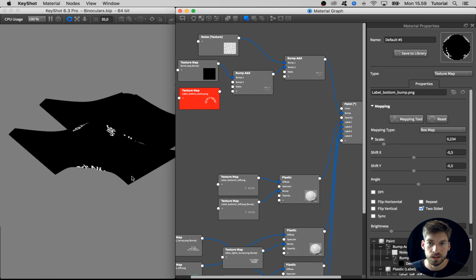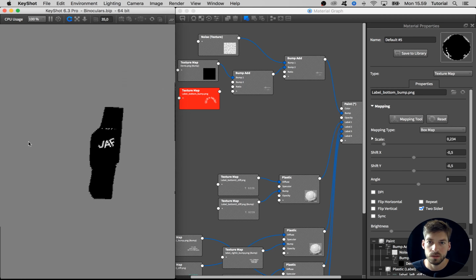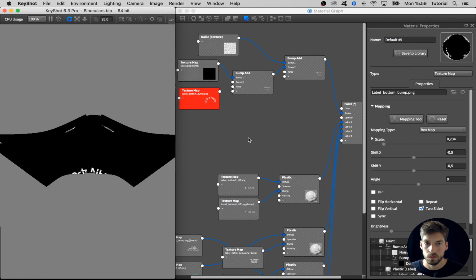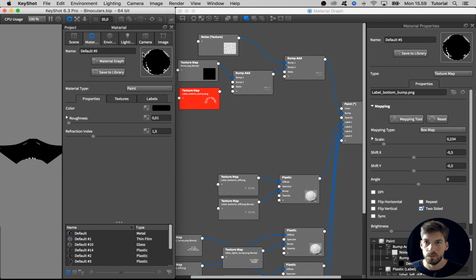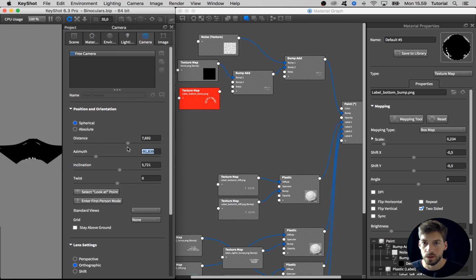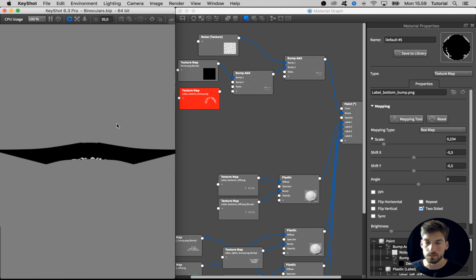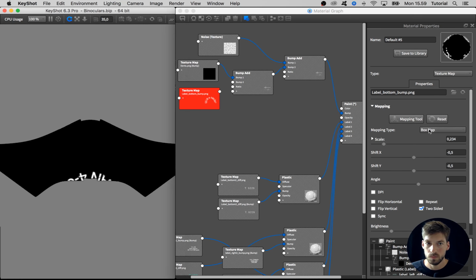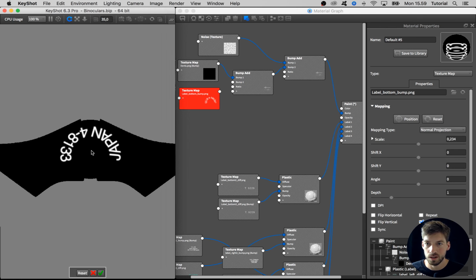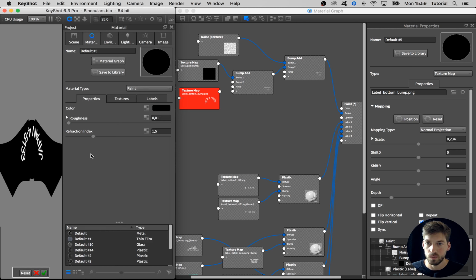Let's take the scale down and also change the mapping to normal projection. Right now we see it on the other edges as well because it's projecting from all 6 sides. So let's just open up the project tab by hitting space on the keyboard and make sure we are at an angle again, straight on. So change the mapping type to a normal projection, hit the position button and place it somewhere,